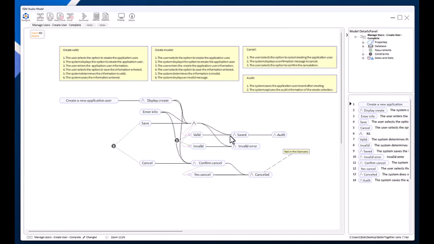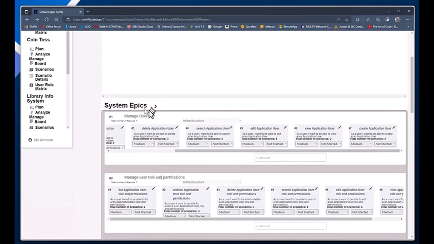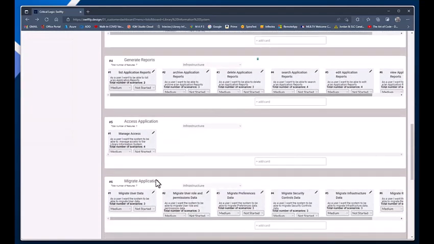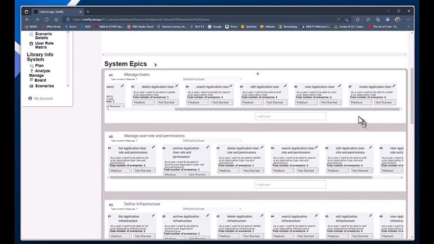What we're looking at here is we have said this model is going to cover 4 different scenarios. These scenarios are actually coming out of Swiftly. Let me just jump over to Swiftly here for a second. So here is Swiftly. This is a product we developed in Swiftly. There's some epics here. Epic number one is manage users, manage user roles and permissions. You can see there's a series of epics here that were generated by Swiftly. And we're going to focus here on this one epic, manage users, and in particular, this create application users